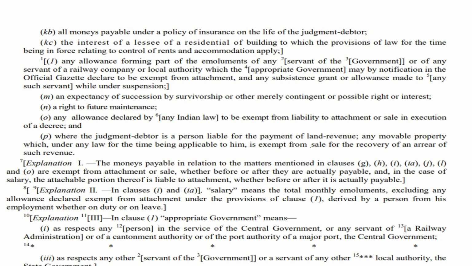then they cannot attach any property as they wish. If there is an exemption provided for that particular movable property, that cannot be attached. For example, as already we have seen, if he is an artisan, his tools cannot be attached. So that is an important point. So that is a movable property which cannot be attached. They are given some explanations. Let us try to understand these explanations one by one.